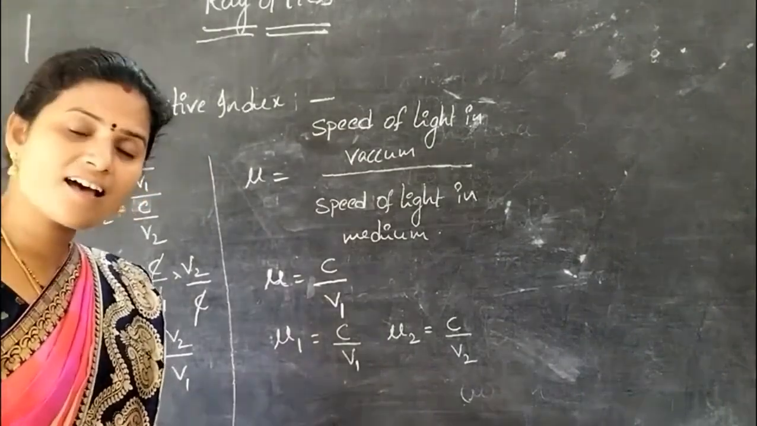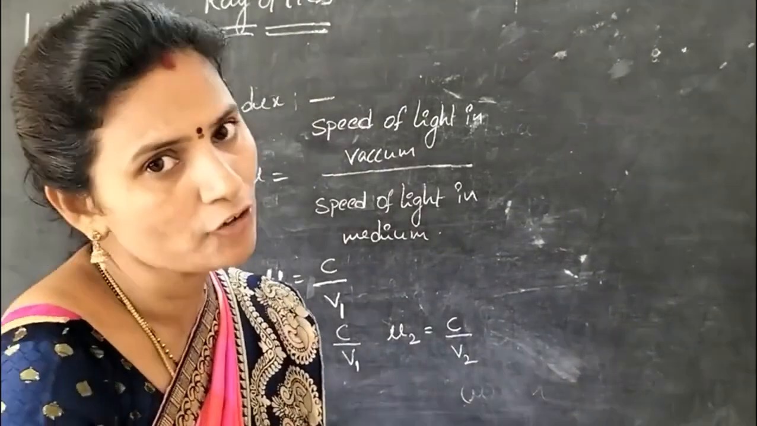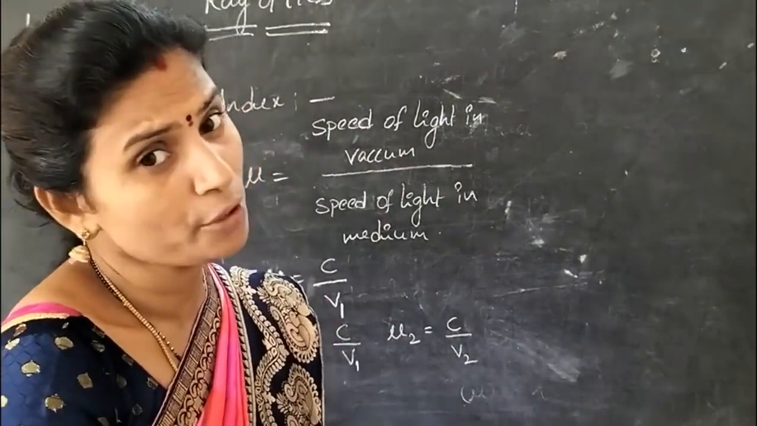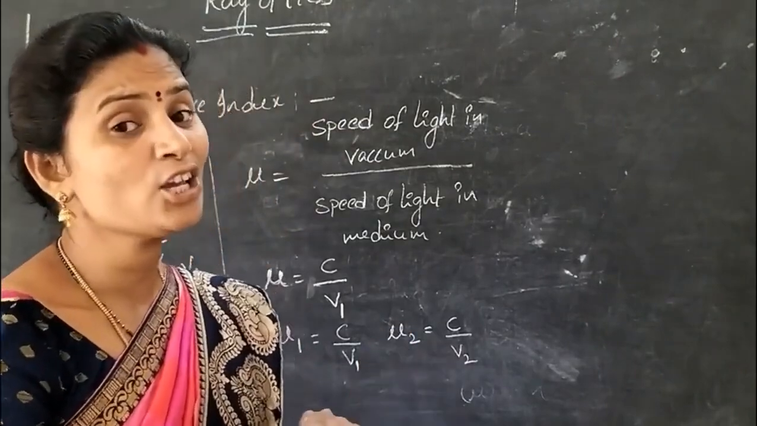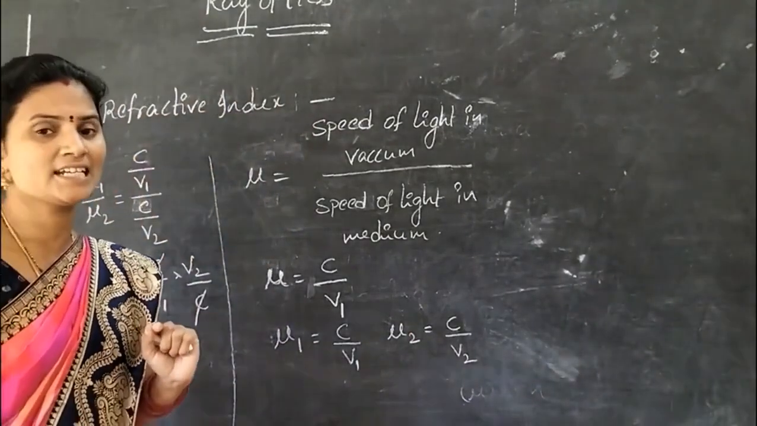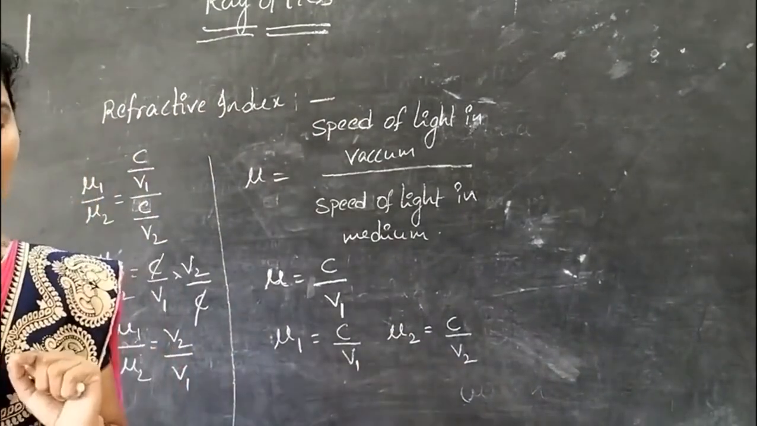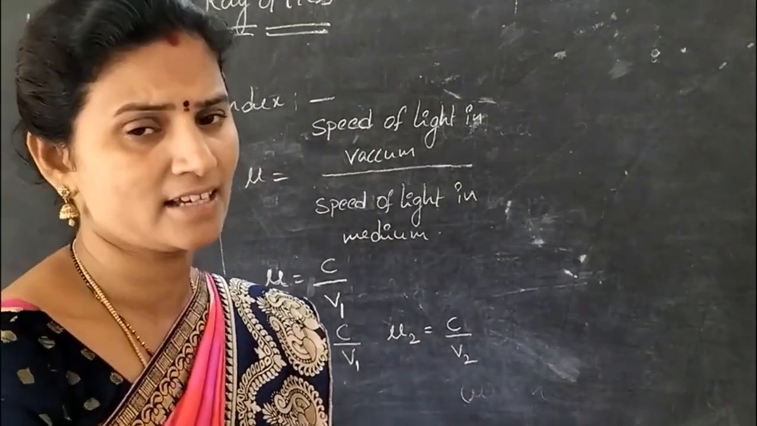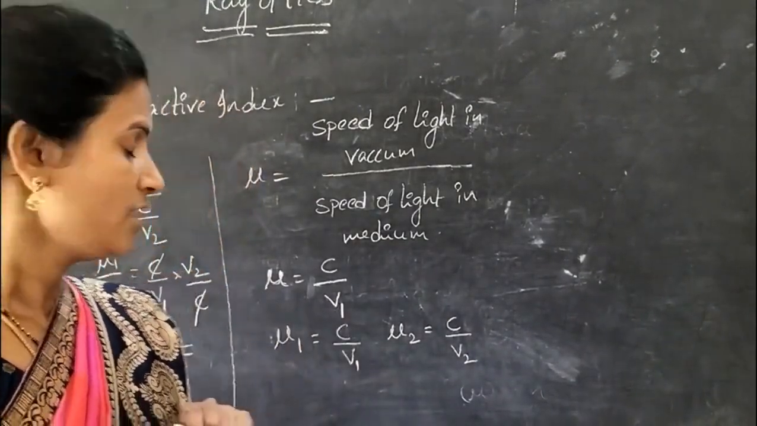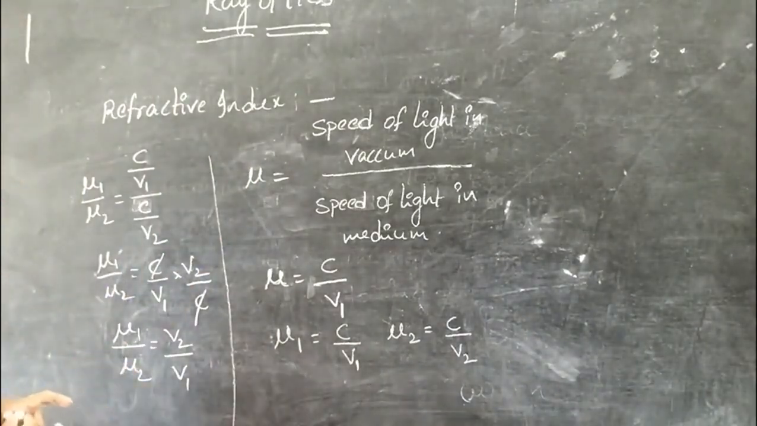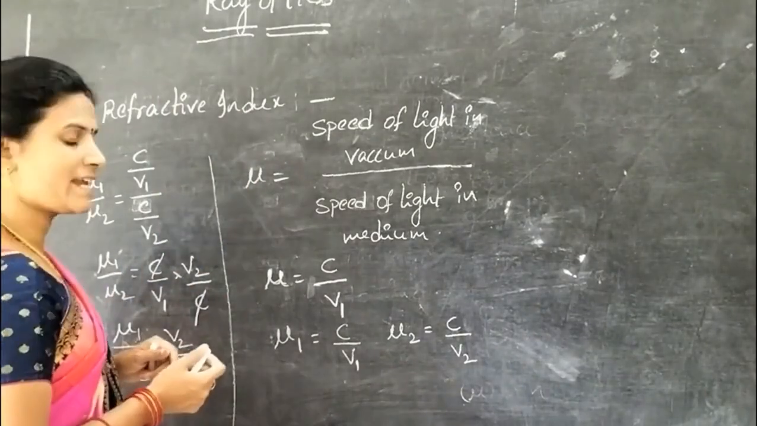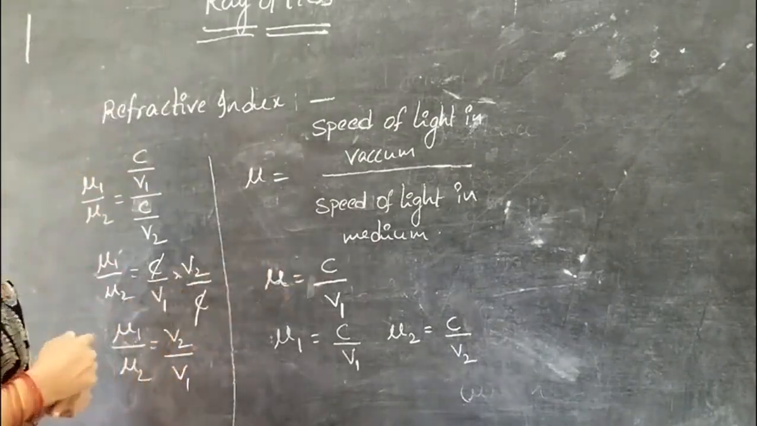What is Snell's law? Snell's law is nothing but the second law of refraction: the ratio of the sine of the angle of incidence to the sine of the angle of refraction is constant. It was discovered by Snell, so it is also known as Snell's law. According to Snell's law, sin i by sin r is equal to